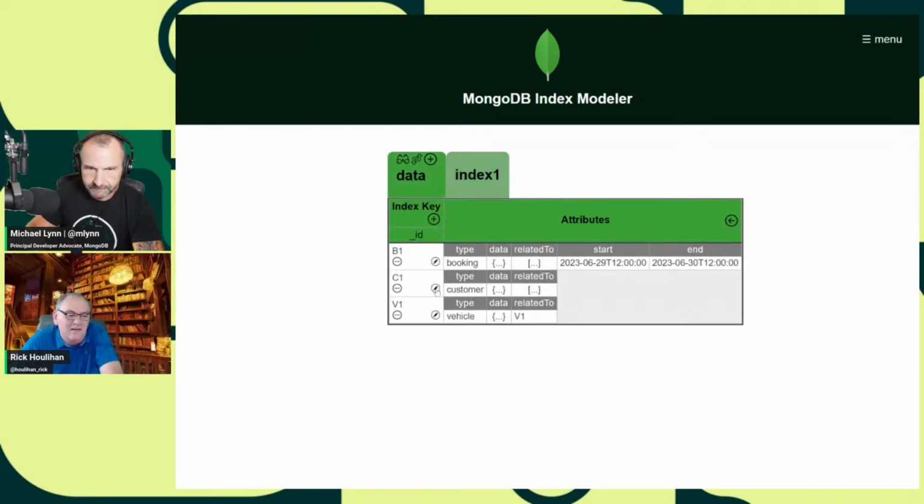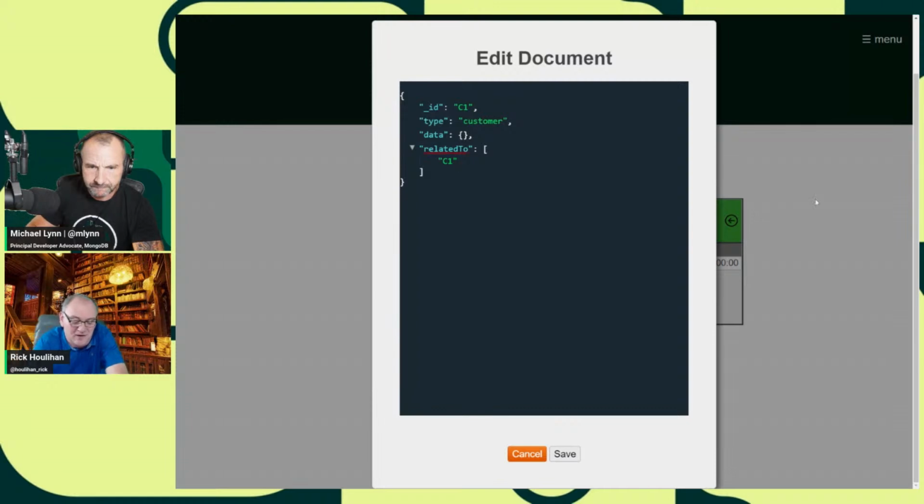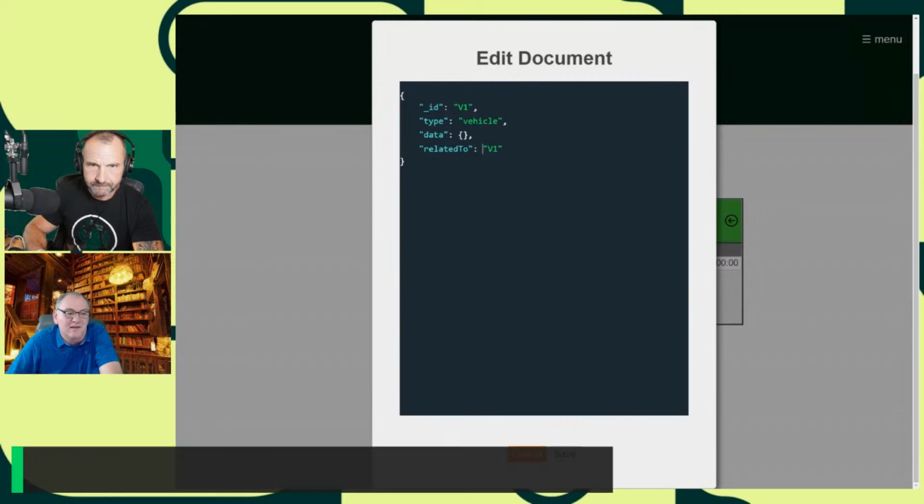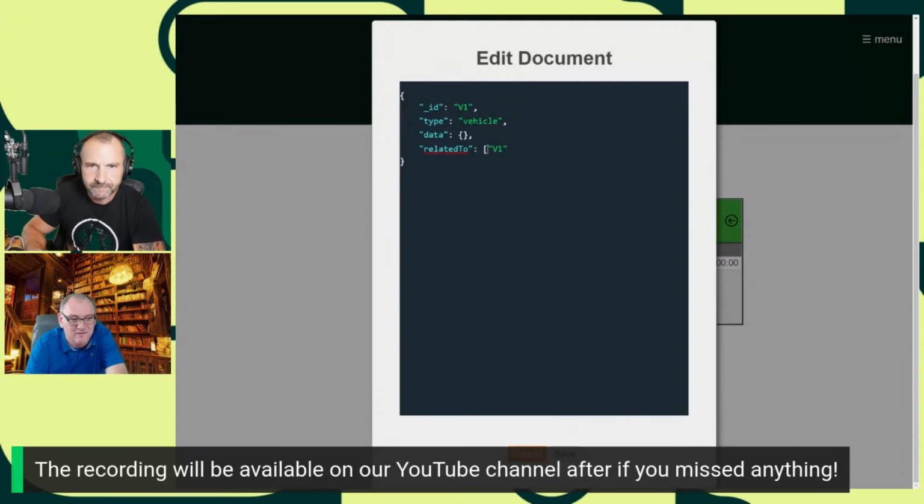If I decorate the customer with the booking he makes, let's save that. And I'm going to decorate the vehicle with the booking that he's related to as well. Vehicles. Now, this is where you start to get into how many bookings a vehicle might have over time. We don't necessarily want these arrays to grow without bound because that can be a bad practice. As you add items into these arrays, it becomes more and more expensive to update, not only to add the items into the array,